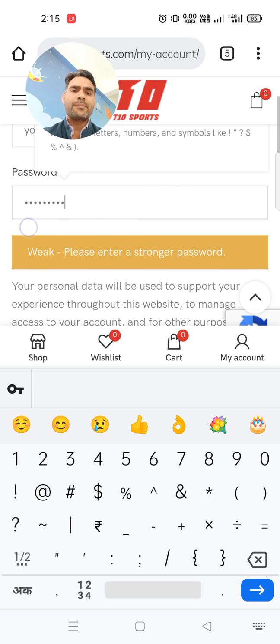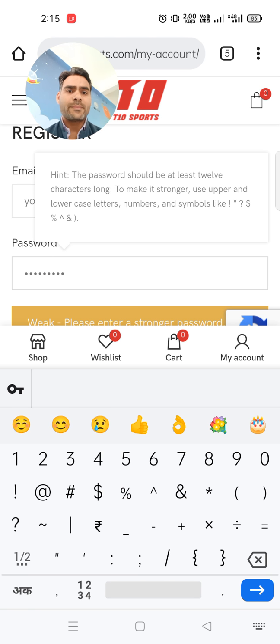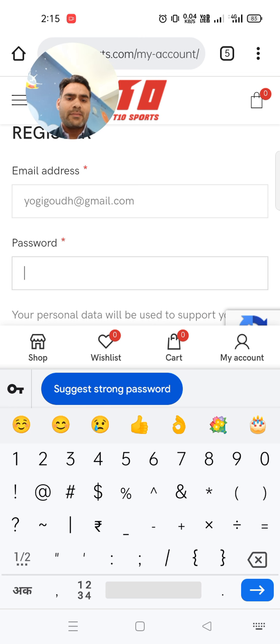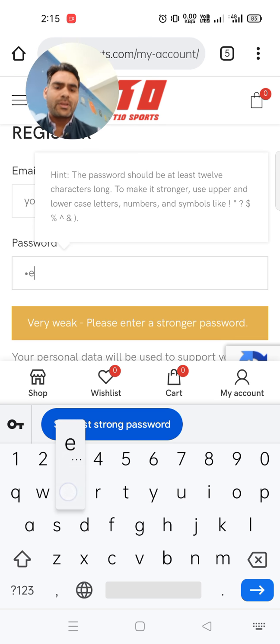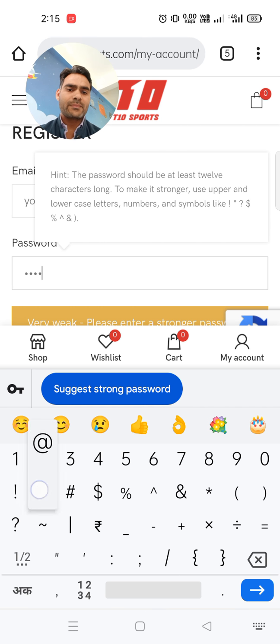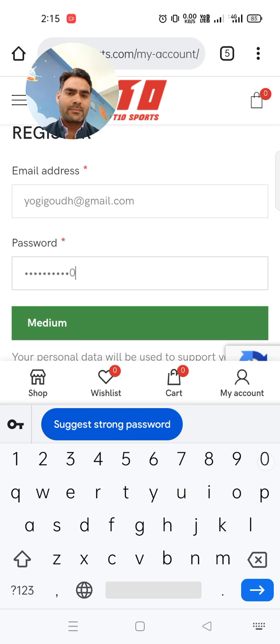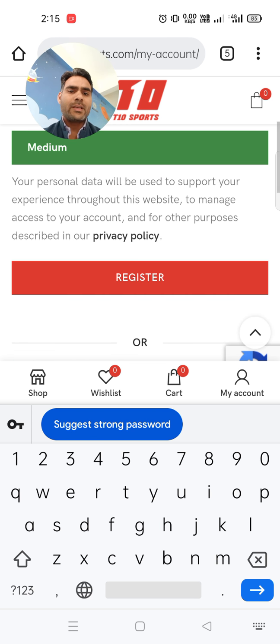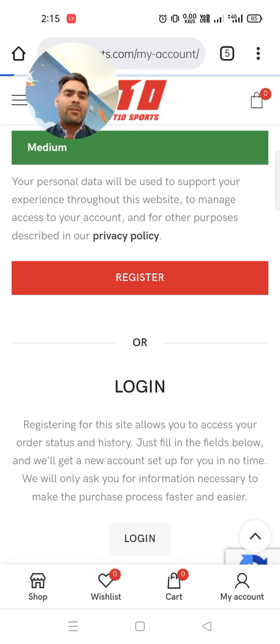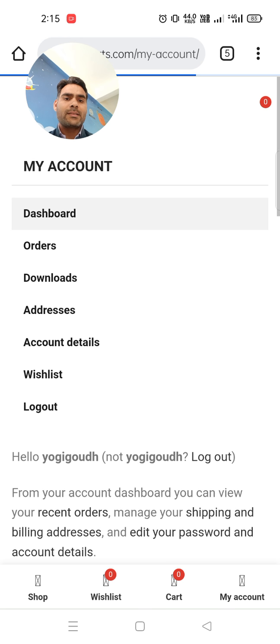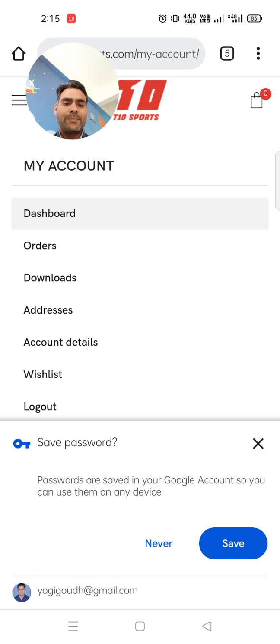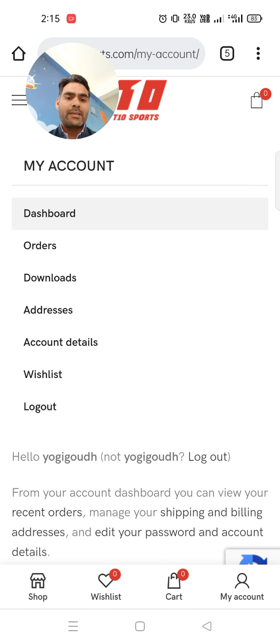It is showing that your password is weak, so maybe you see the policy here. We can use something better, so I will try once more with a good password. Now you can see it is a good one. Now I click on register, and my registration is done.